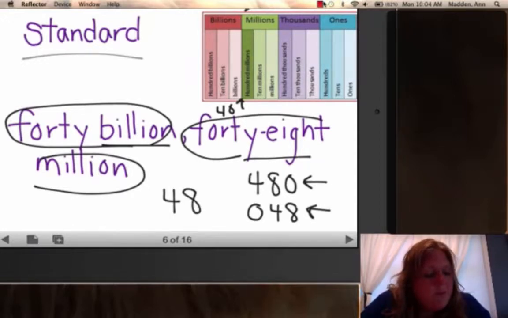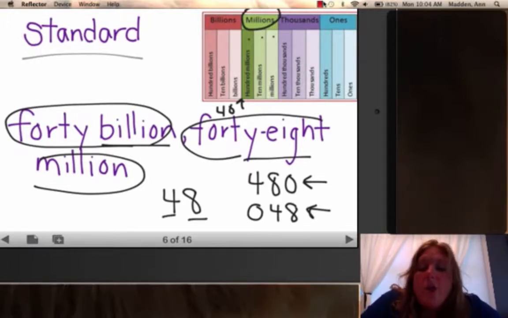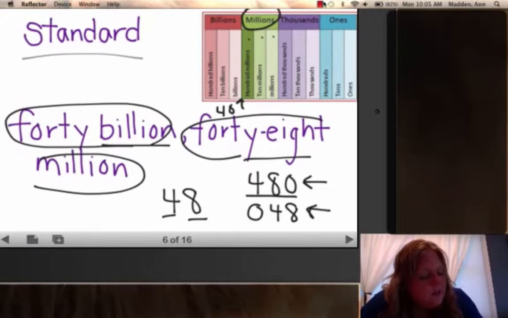Remember, in each period, there has to be 3 numbers or digits, is what you would call them. 48 only has 2. So I need to make 48 with a 0. That 0 holds my place value. This number written down with a 0 isn't 48 anymore, is it? It's 480. This one right here still remains 48. So I would write 0, 4, 8,